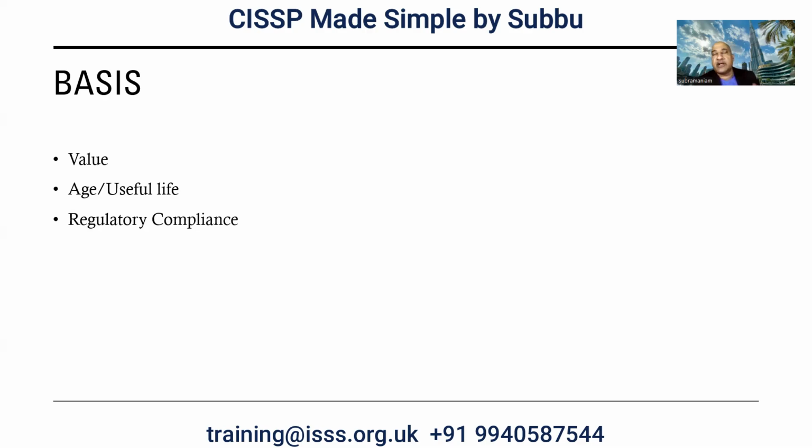Why I'm saying this, because for example you have the credit card details. An Excel sheet has got the 100 credit card details. Now, the 100 credit card details for the credit cards that have been freshly released will have a specific value. Over the period of time, depending upon the usage, when this data is going to get exposed, might not have the fullest value because people would have used it. But credit cards are valid for 5 years or 7 years, depending upon the bank. And the same data after 5 years will not have any value at all. So it'll be expired. So the useful life doesn't exist for the credit card. So the classification is based on the value and the useful life.